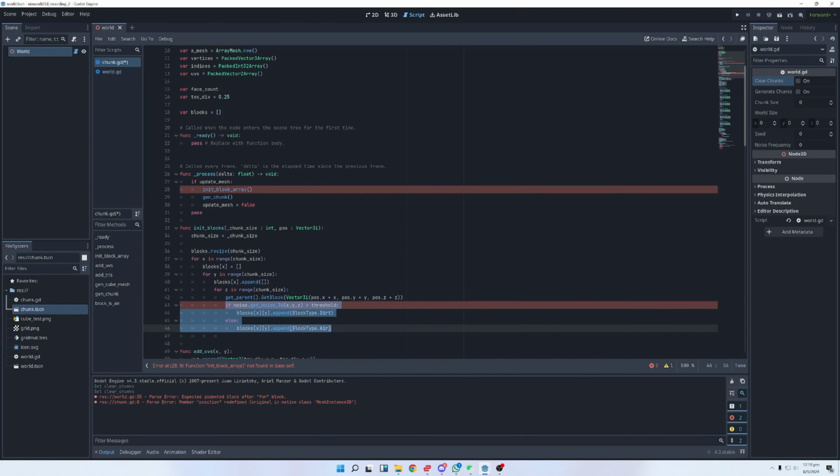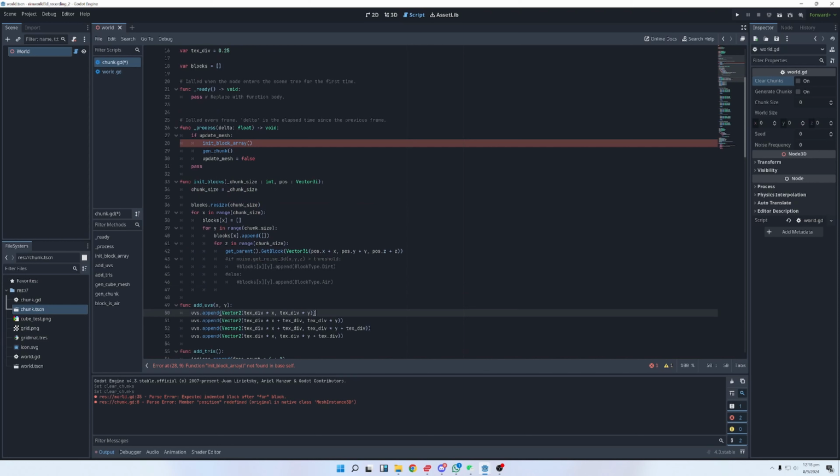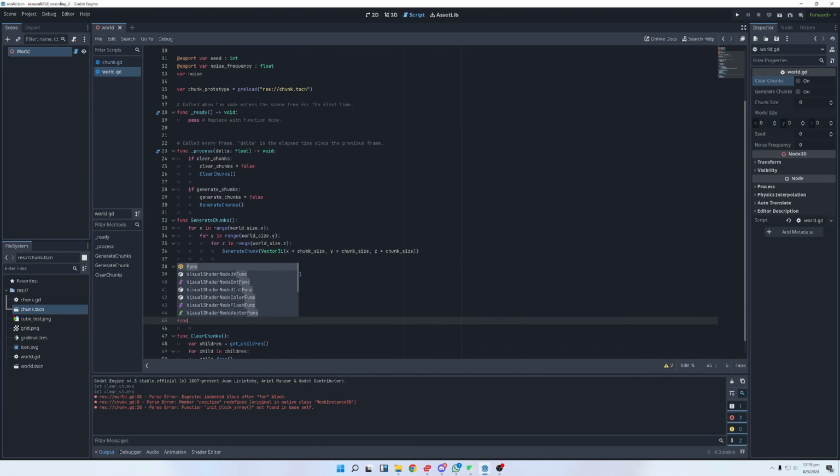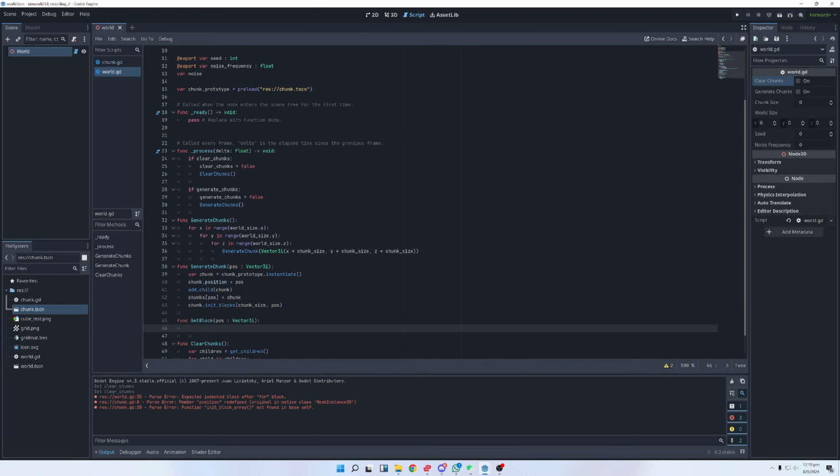And then we'll sort of delete this. Well, I'll just comment it out for now. So when this guy inits his blocks, he'll ask the parent what he should be. So let's go and add this one now before I forget. Func get block. And let's keep it basic for now. So we'll just go if, what is it? It's noise dot get noise 3D, pos.x, pos.y, pos.z. And if that's greater than minus 0.5, which was our threshold, then we'll return,